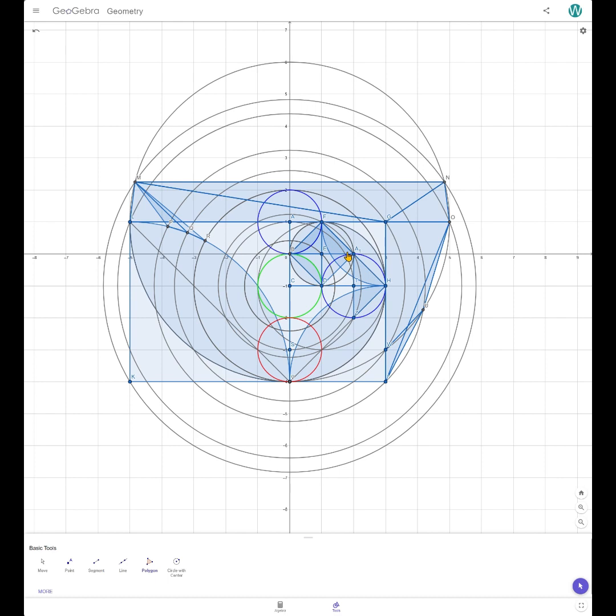Now, one of the most interesting things about this that I'm seeing is the fact that we can draw, this feels funny. The fact that we can draw